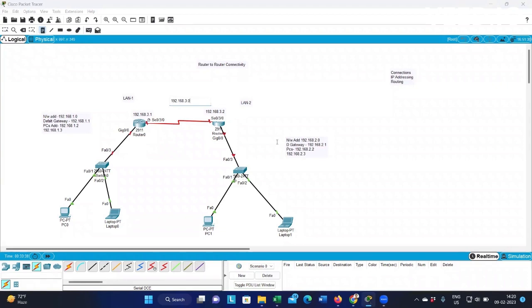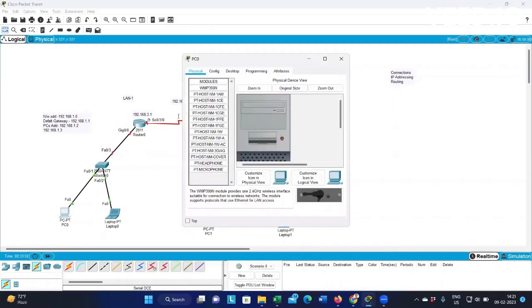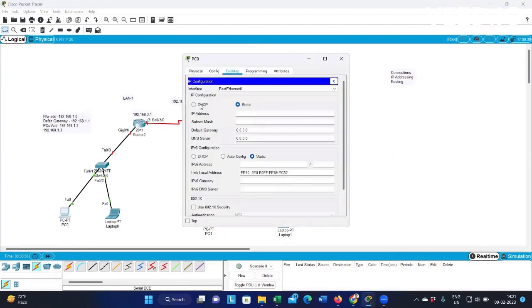So this is the network address for LAN number 1, LAN number 2, and this may be LAN number 3, right? I'm just going to provide the IP address to the PCs first. I simply click over here and move to the desktop, IP address configuration. I'm going to enter the IP address 192.168.1.2. The subnet mask is automatically extracted, but I need to enter the default gateway, that is 1.1, right? So after doing this, I'm just going to